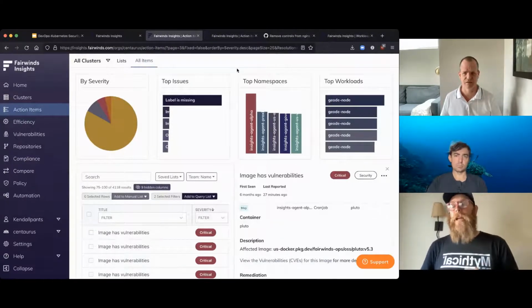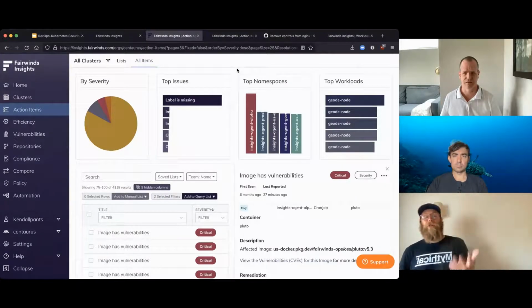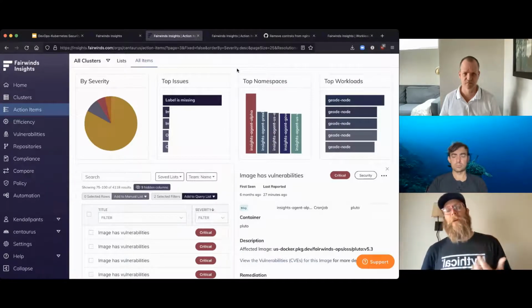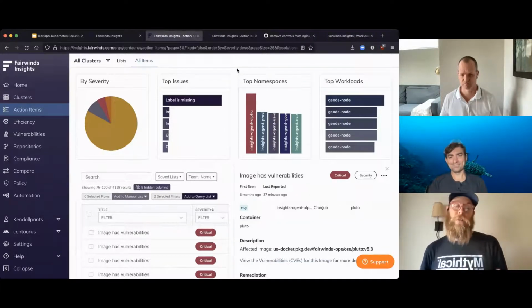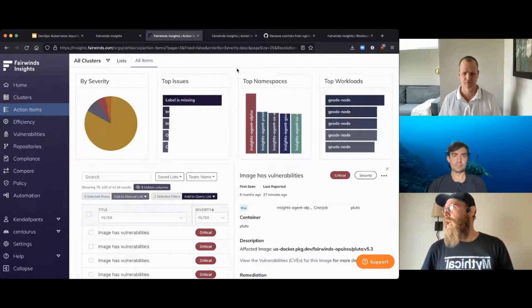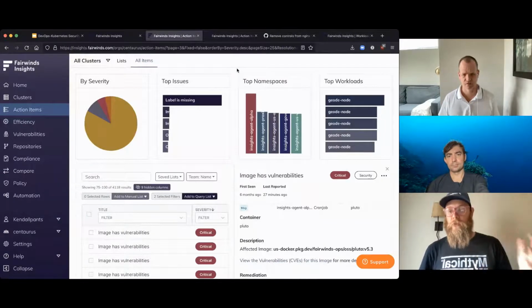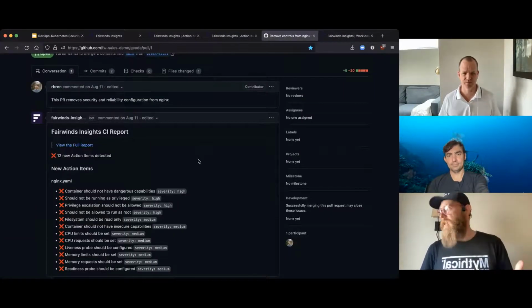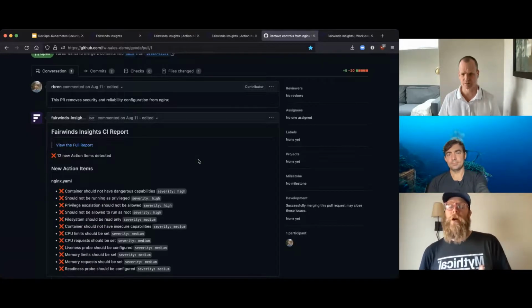But if you're like me and you're an engineer that sees all of these things and it overwhelms you, the last thing you want is a big long list of problems that you need to go solve. And Fairwinds Insights, a big part of our pitch is we want you to stop having to be the Kubernetes help desk. We want you to be able to enable your teams through service ownership to do what they need to do as an organization. And so you want to have that built in through the CI process or at the admission controller level, as Robert talked about before. With Fairwinds Insights, you write the policy once and it's implemented everywhere.